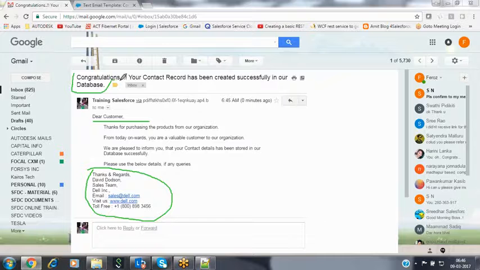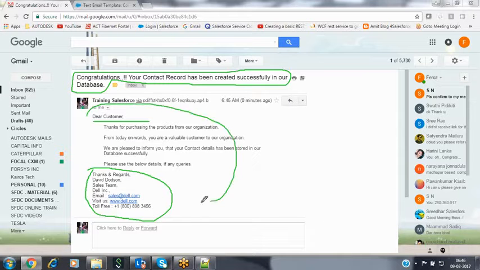So this is the subject and this is the content we have specified inside this email template. The subject and the content are delivered properly to the specified email ID. This is the way we prepare an email template, and we can send and verify whether this email template is working properly or not.